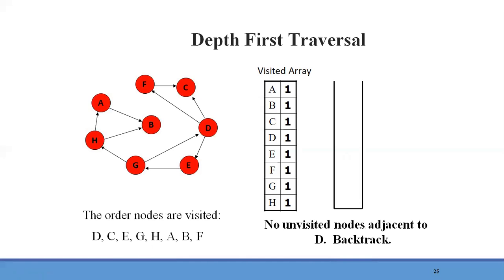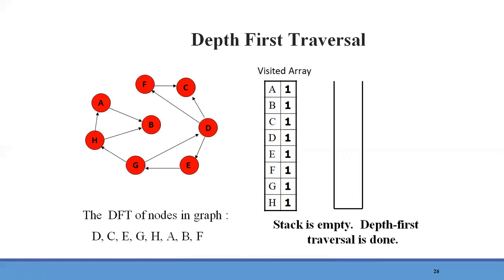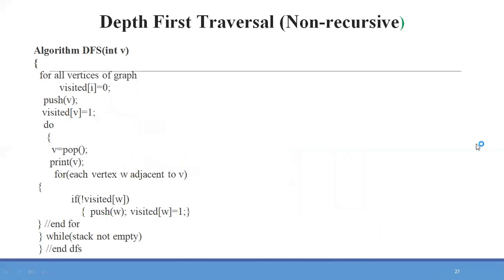So there is one node which is adjacent to D and not yet visited. So F will be added at the top of the stack and F will be visited. As it is visited it will be displayed in the output. And now again from F there is no other node which is unvisited and adjacent to F. So backtrack, that is pop F from the stack, and now we have restored at node D.